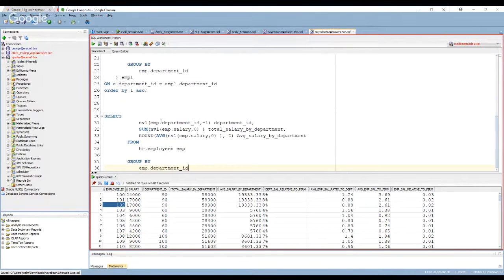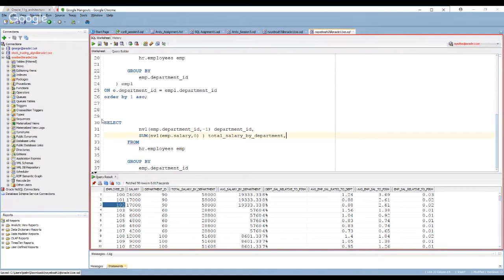And that would basically say for each department that, I should do it in the same line here. This is inefficient, but I'll just do it to highlight a point.